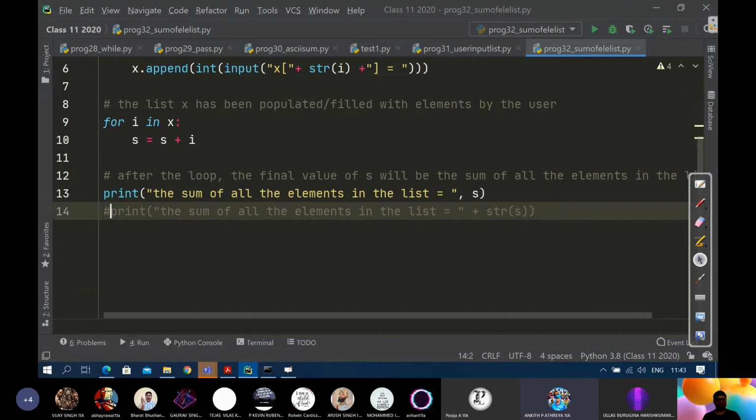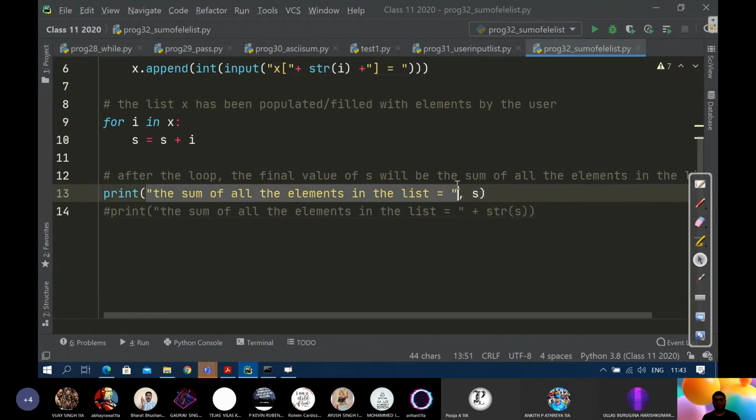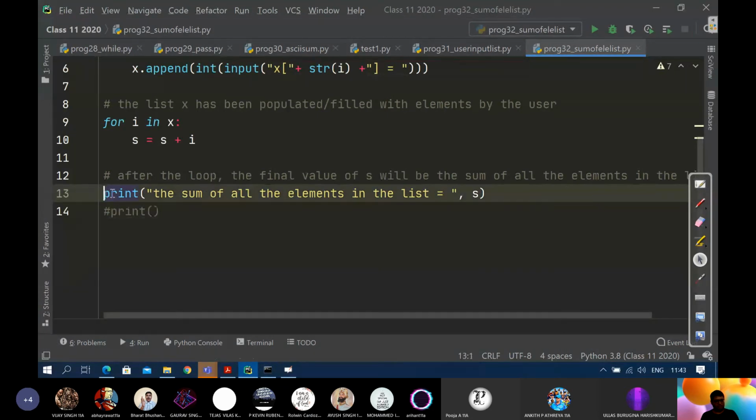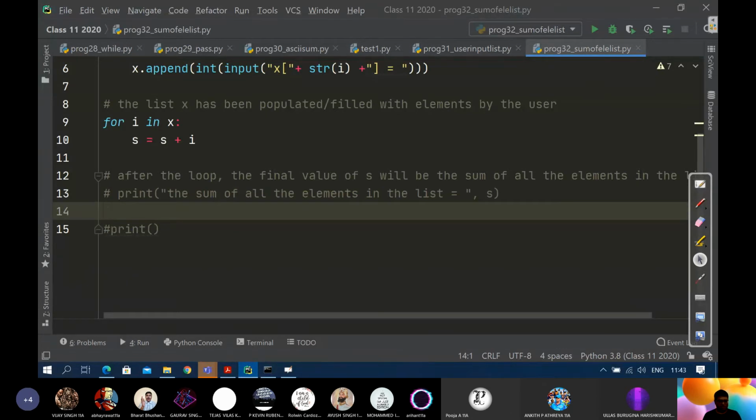Sir, what is the difference between these two? There is no difference. It's just, well, there is a difference. Here the print function is using 2 arguments, each separated by comma. And by default, one space separator will be given because a comma is by default replaced by space in output. Here, only one argument you are giving. One single argument. It is just like something like this. Suppose I take any variable, not q, let's take something else, p.